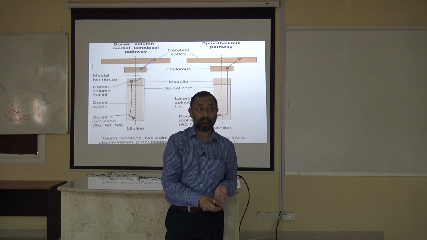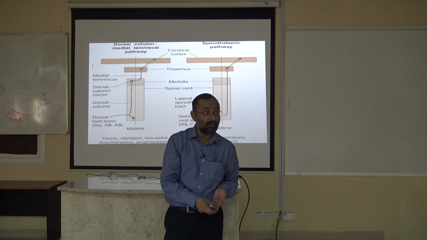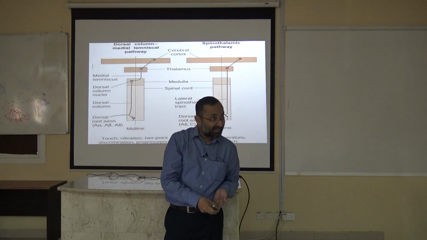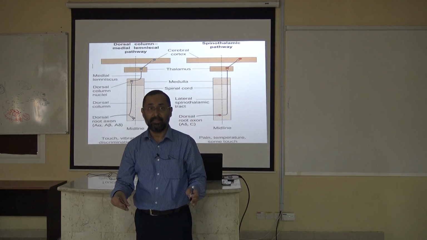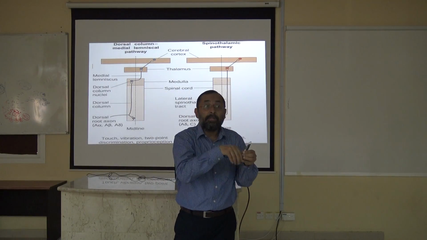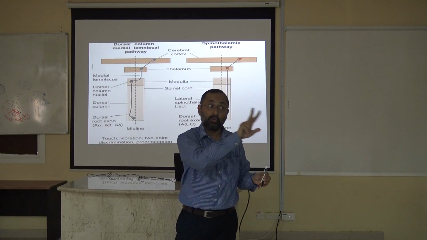I don't know that you are touching two spots. I have not seen that. You touch and you ask me, okay, Mr. Wajid, what do you feel now? I say, okay, you are touching me. What type of touch is it? Is it different from the previous one? Yes, I think you're touching 2 points on my finger, not 1 point. Without looking, I can differentiate that you are touching 2 points. The distance is very little, only 2 millimeters, but my brain very sharply picks up that 2 points are being